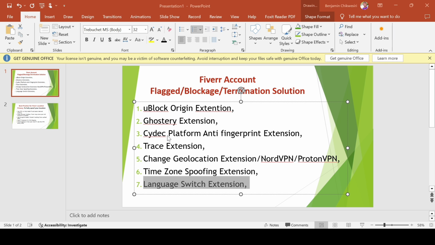So the number one in that list is uBlock Origin.